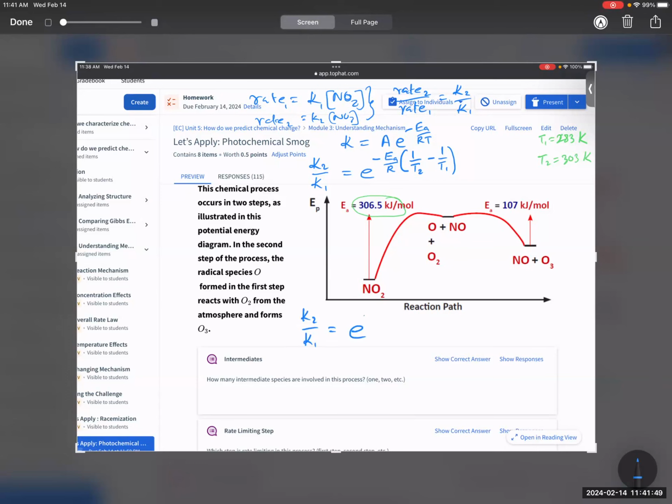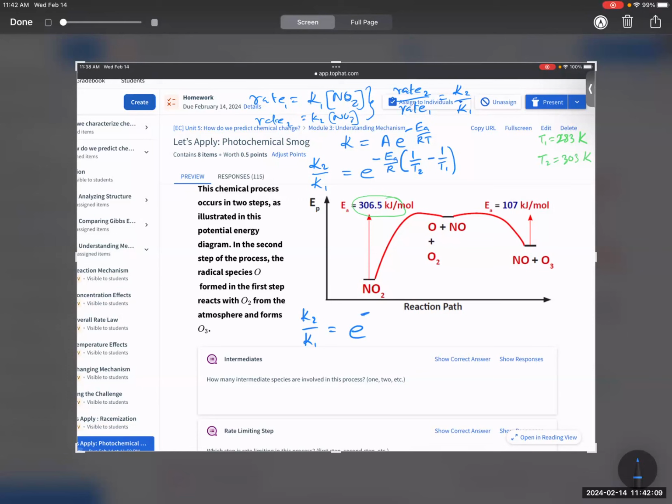I don't have a calculator handy, so I'm going to use Excel or something like that to do this. But that's okay. We'll use what we have. All right. Anyway, so it should be minus